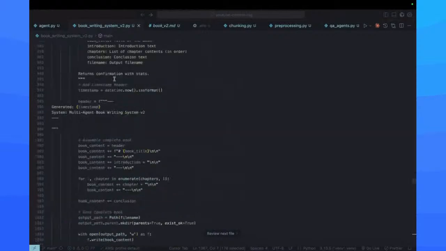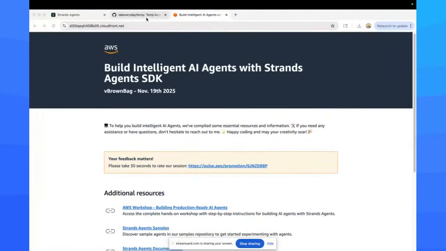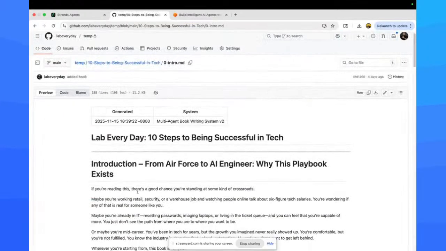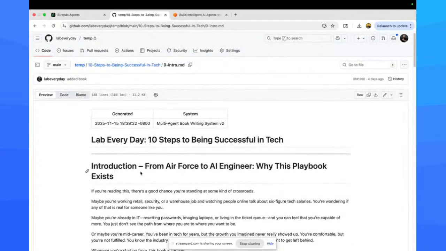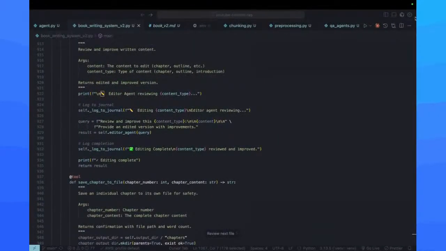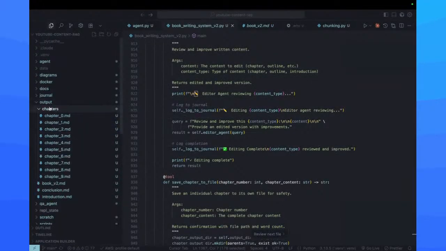Are you writing a book? I wrote 2 books with my agent. And this book is called 10 Steps to Being Successful in Tech. Nice. In this book, if we go into the system and look it up,